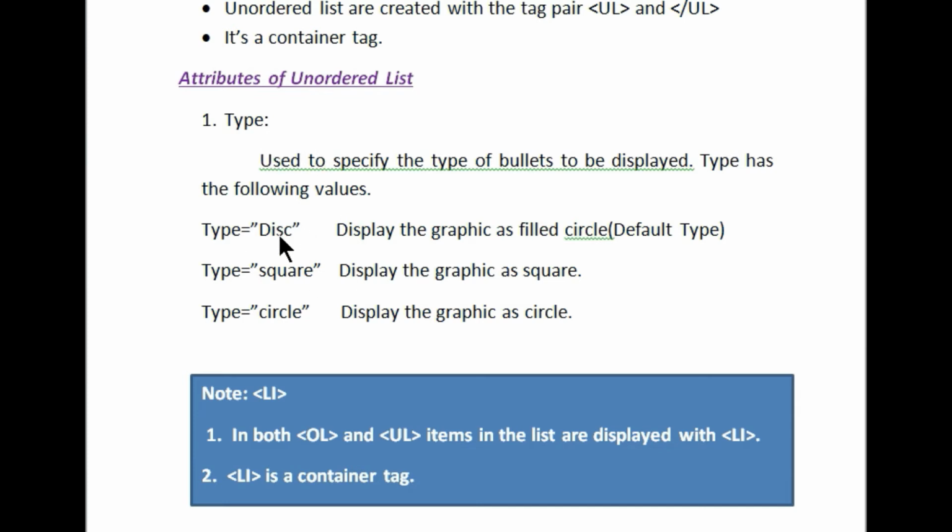So in the case of HTML, we are going to use the 3 types of bullets. The first one is the disk. So this is the default type in the case of unordered list. What do you mean by disk? The filled circle is known as disk. അപ്പോൾ ഓരോ list of items-ൻ്റെയും മുന്നിൽ എന്തുണ്ടാവും? ഒരു filled circle ഉണ്ടാവും. That is known as the disk, and this is the default type in the case of